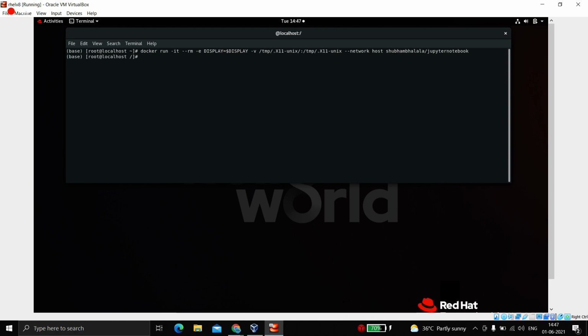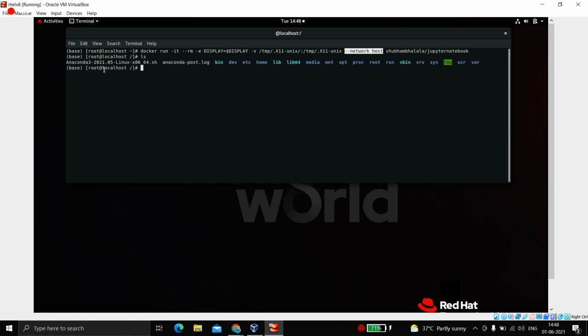So it would be launched and we will get this terminal. As we are inside the terminal, you can see how we can differentiate which network I am using. You can clearly see that I am inside the container, but my host name didn't change in the terminal. It's still base root localhost. Why? Because we are sharing resources and we shared our network host.